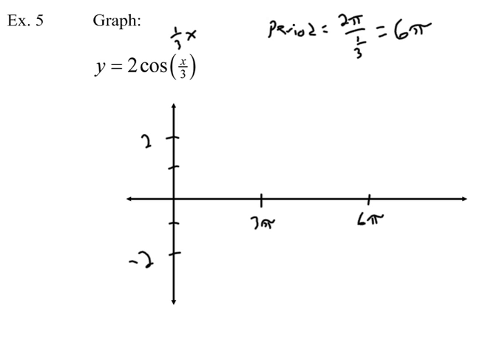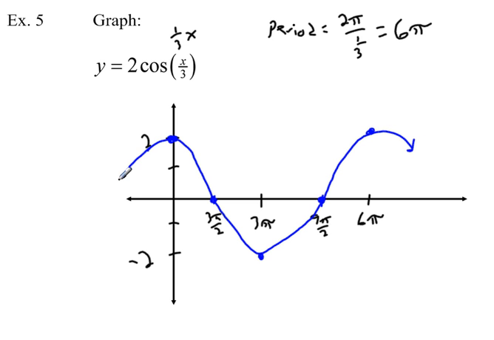Okay, so this curve is going to start up 2 units because the amplitude is 2. At 6 pi, it's going to repeat. Halfway between there, it's going to hit its minimum value. Between those, it's going to go through this axis. So this is actually going to be at 3 pi over 2. And this one's going to be at, what would that be? Let's see here. 9 pi over 2. Okay, so let me sketch that curve. Ooh, not the smoothest curve you'll ever see, but you get the idea,